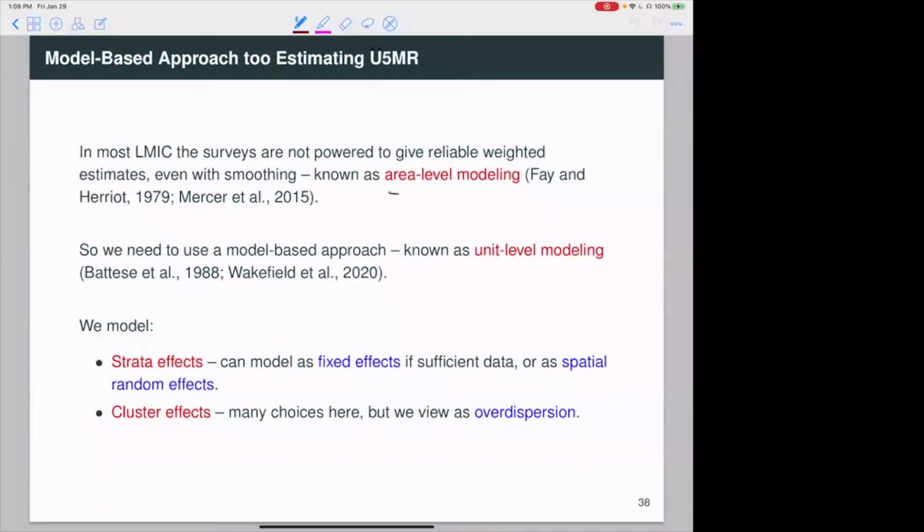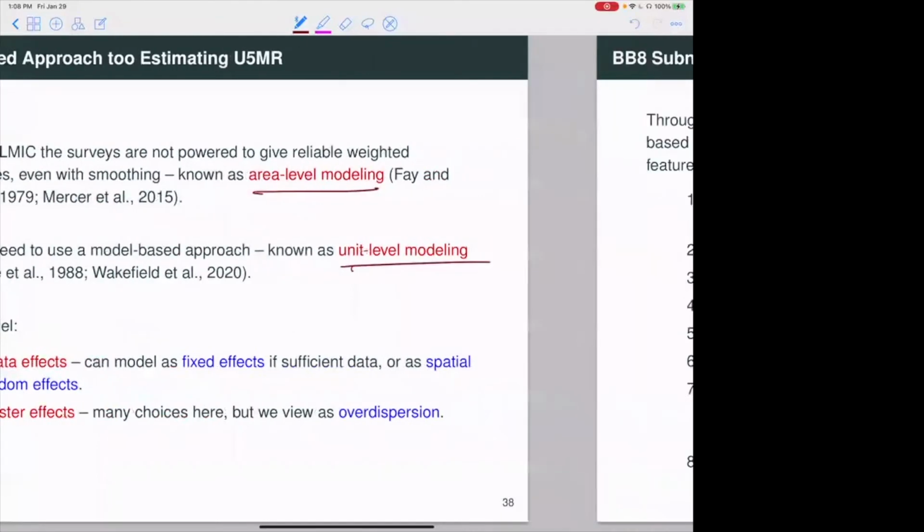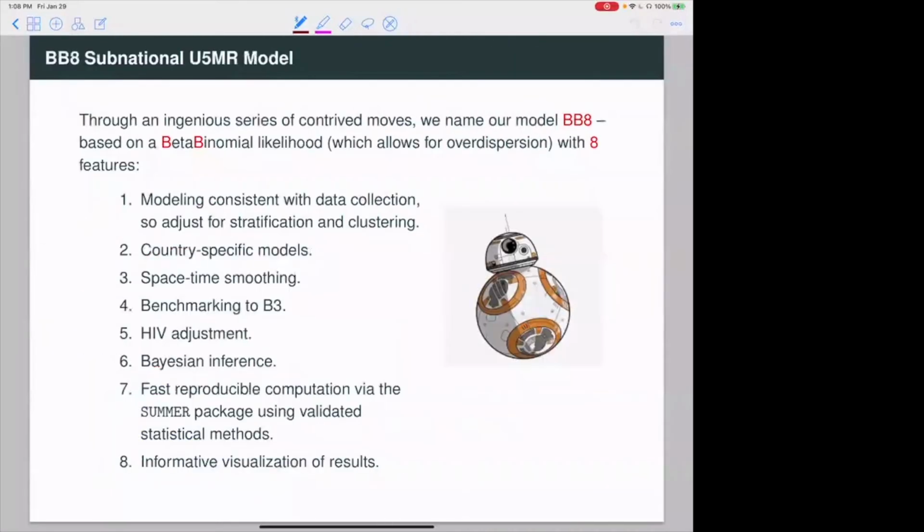So as I mentioned, you can go area-based route, area level or unit level. We're going to go the unit level route. And so here we go. So you've got to keep your kids happy. So with your research,